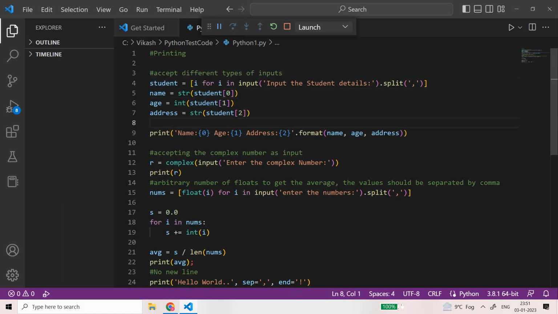a single line. So here you can use this. I just want to accept the information about a student, like his name, his age, and his address, and all those values should be separated with the help of a comma. In that case, if I give the values separated by commas, then all those values will be stored as an array for the student,